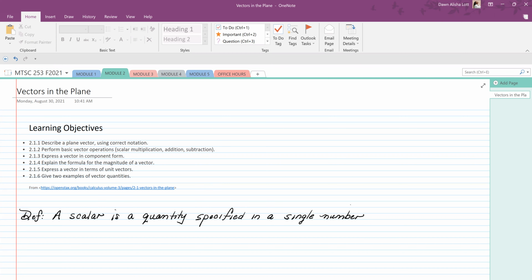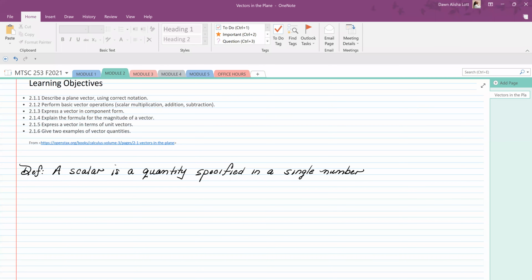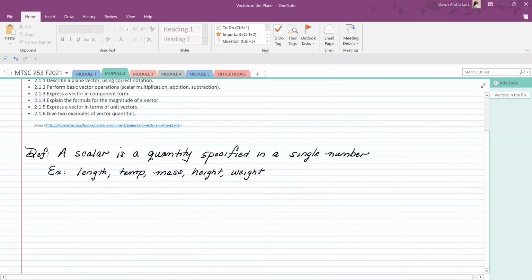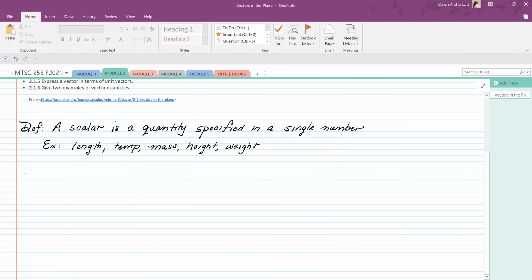Okay, so examples of scalars are things like length. I tell you how long something is, I just give you a number. I tell you what the temperature is, I give you a number. I tell you what the mass is, I just give you a number. I tell you what the height or weight is, again, just a number. Age is a scalar, just a number. So all these things are numbers, okay? So that's a scalar. So now a vector,